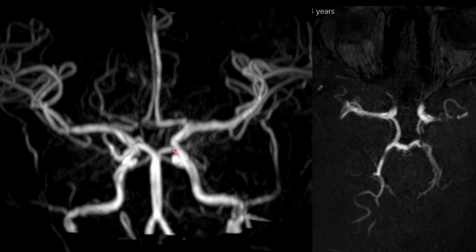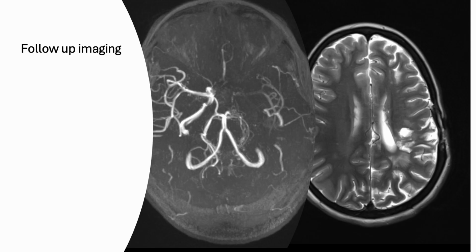Now, when we look at the vascular imaging, we can see that actually their right A1 was stenotic. They also have left M1 stenosis, better seen on the time of flight images on the axials. And also, as you can appreciate here, the left PCA was affected, so multifocal arteriopathy related to their sickle cell